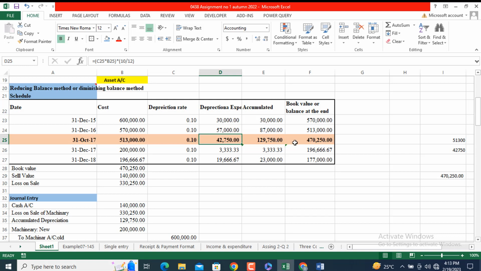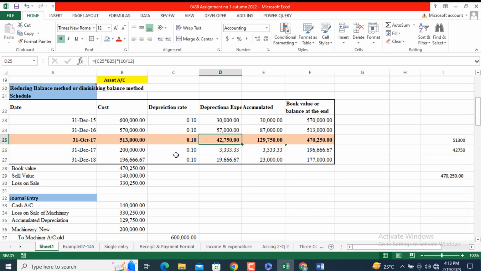So by subtracting this amount from this, we will get 470,250. So at that day, our book value of the asset is 470,250. On the same date, we are going to purchase a new machinery of cost 200,000, and we are going to